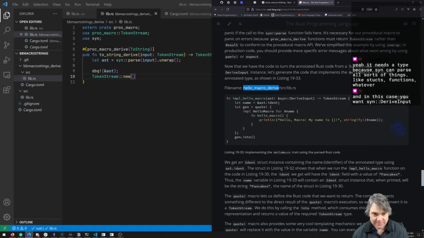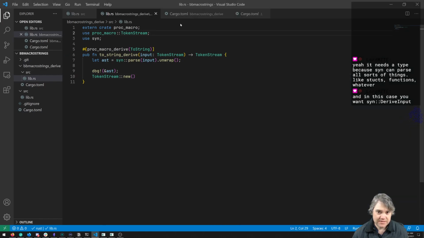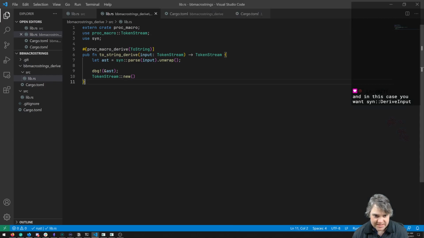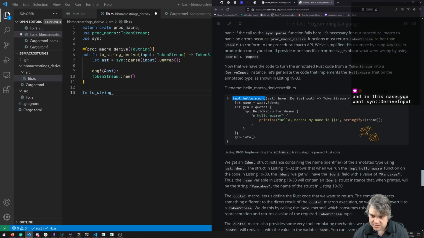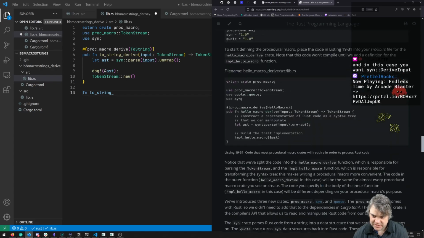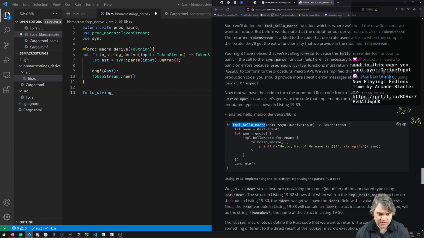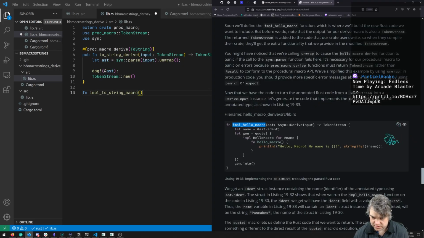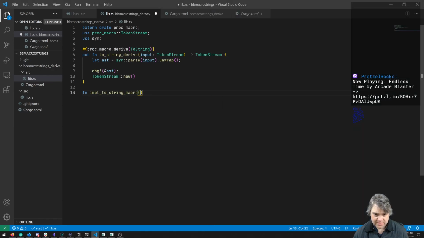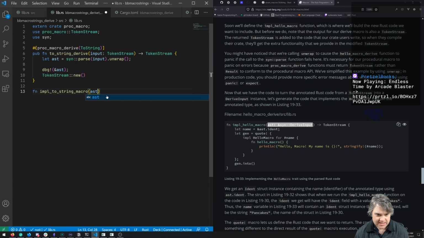This is in the hello macro derive lib. So here we are in our derive lib. So now we can create this impl. Okay. And is it public? It's a private function. So function, this is the toString. Oh, macro. Wait, is that impl hello macro? Oh, it is. Okay, so we want impl toString macro. Sure. This takes in an AST, which is this. That's going to give it the type we want, so it knows what type it is. So we're going to take in an AST,